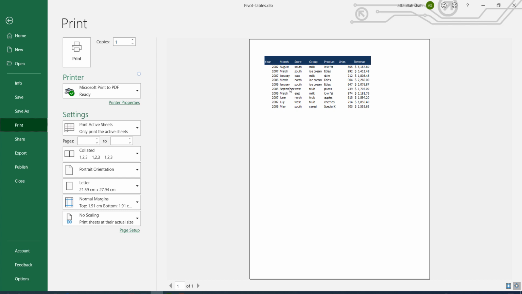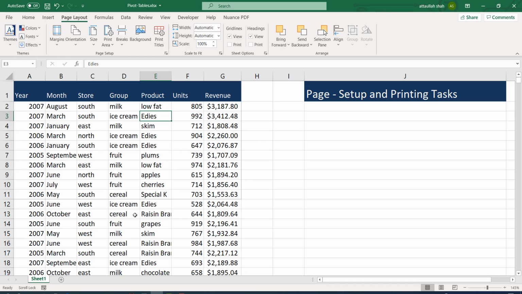So this specific task is useful where you do not want to print the whole page, rather you want to print only the selected text.